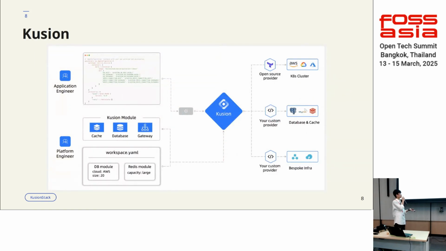Back to Xiaoming, who will introduce a little bit about Kusion. How will Kusion help platform teams do this job? Okay, so actually we are aiming for the platform teams to define what we refer to as a golden path for developers. This service level diagram might look intricate, but I'll get straight to the main point, which is